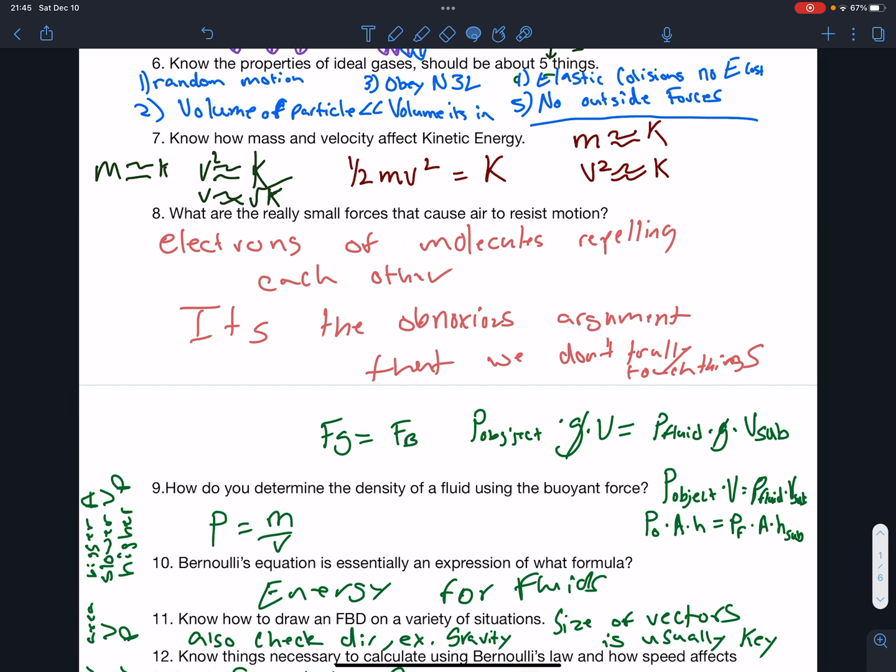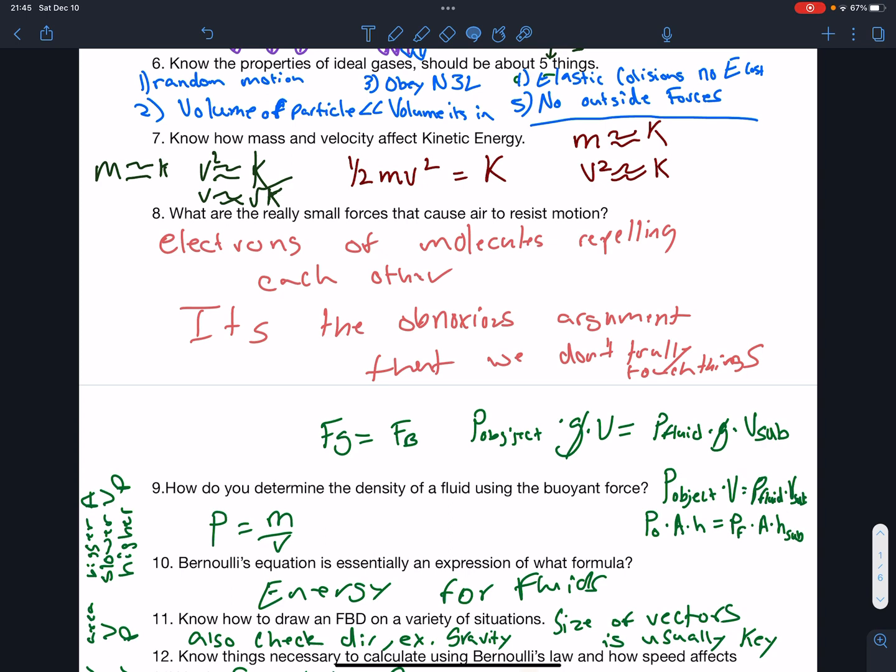So the drag forces on things. If you run your hand through the air, what's that feeling? What causes that feeling of resistance that you feel? And that's the electrons of the molecules repelling each other. So basically, on a technical level, the electrons on the outside of your hand as you sweep it through the air are being repulsed by the electrons that exist in the air molecules,